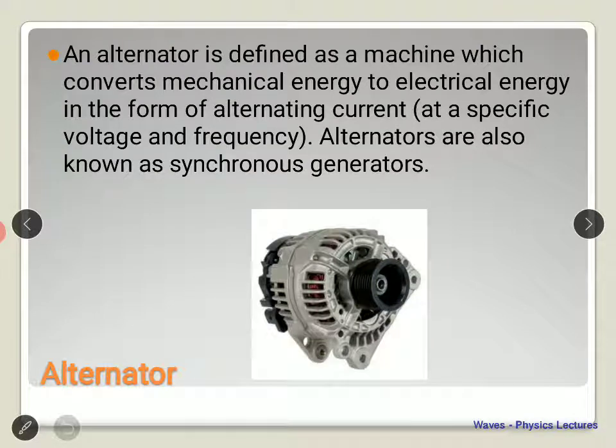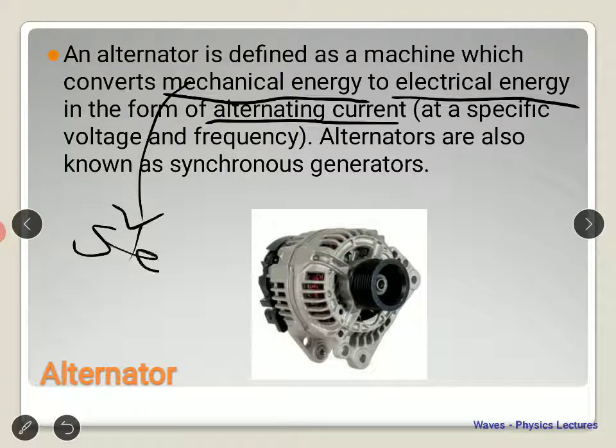What's an alternator? An alternator is a technology used even in cars, where you actually generate power to charge the battery. It basically converts mechanical energy to electrical energy, in the form of alternating current, and that current can be used to charge a battery in a car. So this is what an alternator is all about. We have the mechanical energy produced from steam, and then it is converted into electrical energy. The turbines rotate and produce the electrical energy.